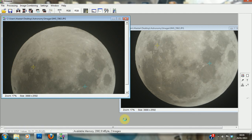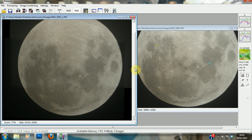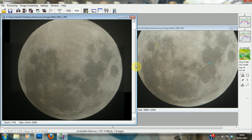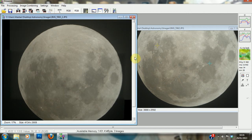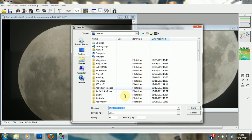But what it's going to produce in a few, here we are, is this, which I suppose is a marginal improvement on what we had. Okay, we'll run with that and see what happens. Yeah, okay, it's better than what I've had before. Not perfect, but better. So if we go to File and Save As with that image there,